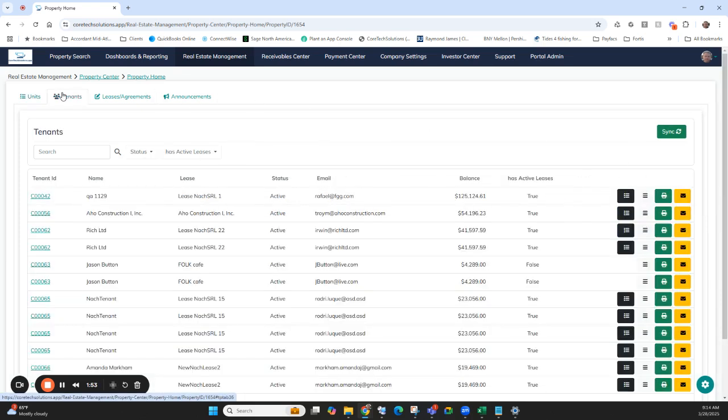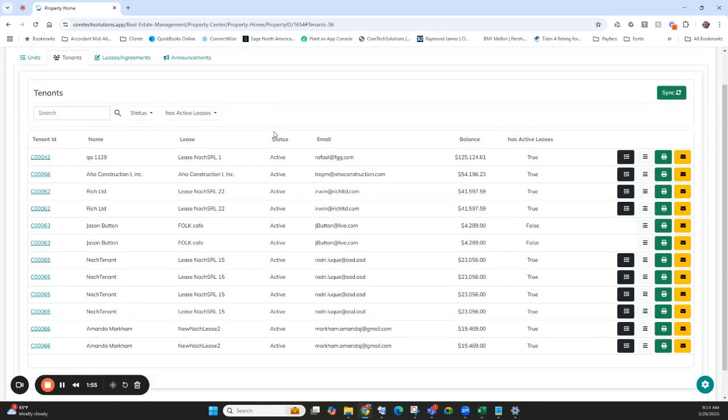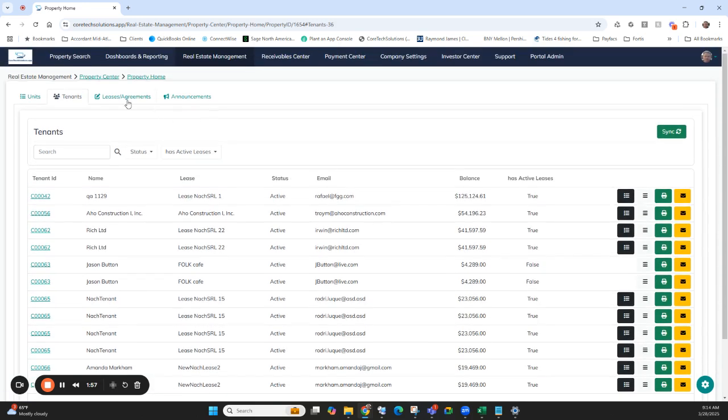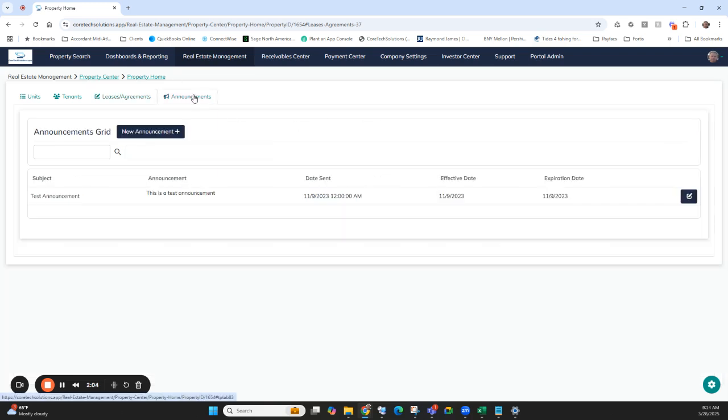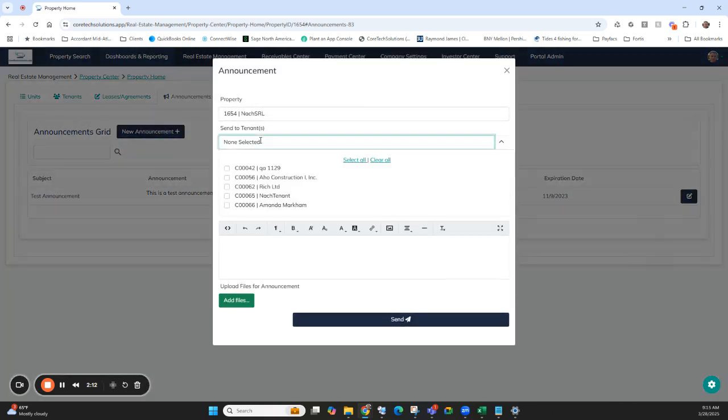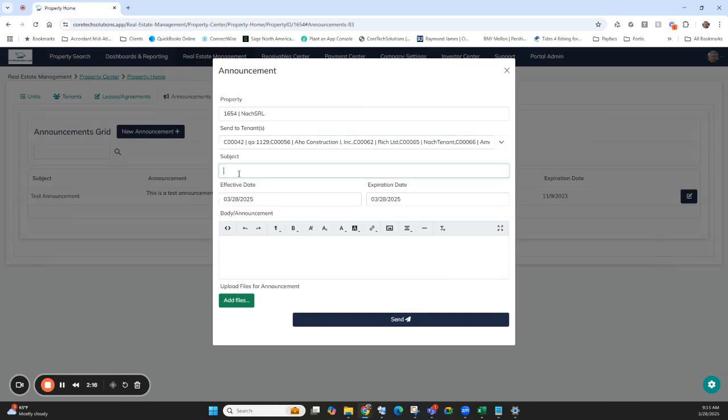We can see a list of the tenants that are on this property. We can see leases and agreements on this property. And we can do announcements to all tenants in a building or for this property. So for example, I'm going to send to all tenants in this property. We're going to be paving the parking lot